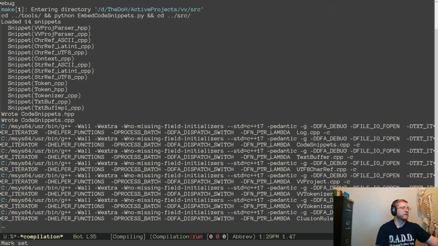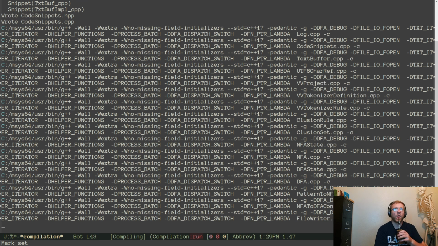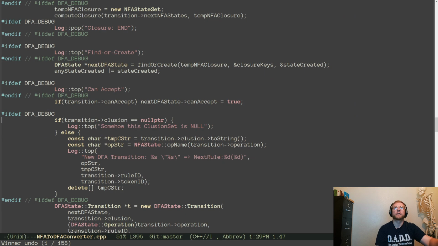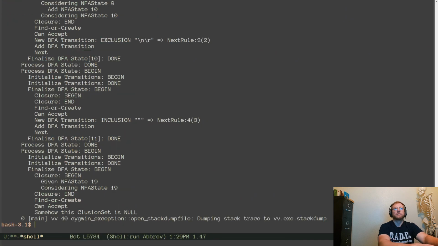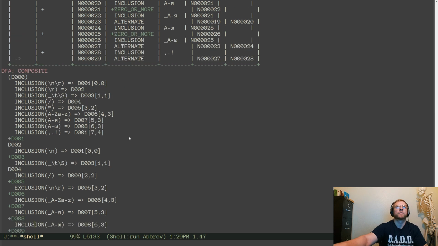So the next thing we have to do is create the \n\r structure correctly. So do this. It all works. We have \n\r, which is wrong. It should be \n, and then down here it should be \r, which leads to another state which checks for an additional \n.